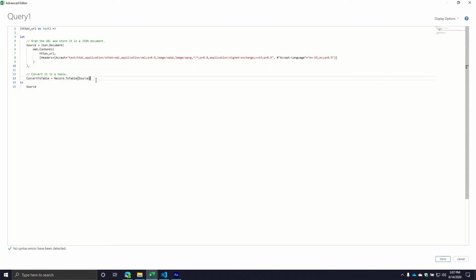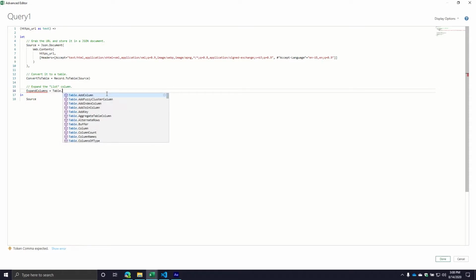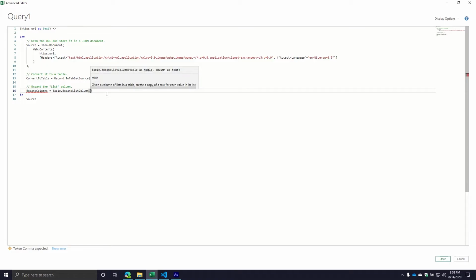Make sure you put your comma. Since this one's just like the last one, I'm not going to show every single step again. We'll expand that list column. Well, that's really just our value column, but I'm lying here a little bit. We'll call this the expand column step. This will equal table. We're then going to call that expand list column function. We're going to use the convert to table step as our input. And then we're going to say, hey, take that value column and expand that one. And then from here, we're then going to,